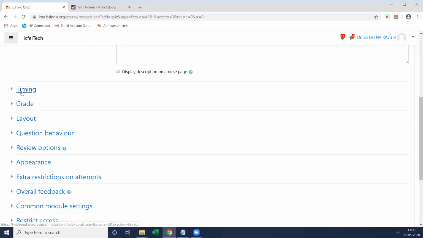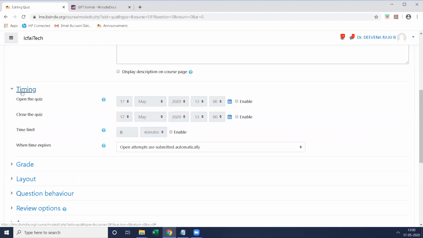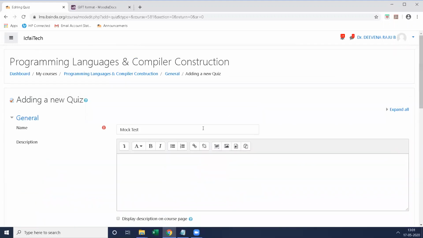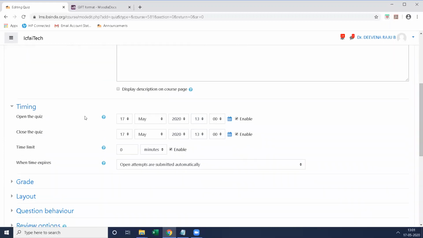Just choose the timing option and enable these things, that is time scheduling and date scheduling. So you have to do only two things. First, give the name of the quiz, that is mock test. Then go to timing and enable the timing options.